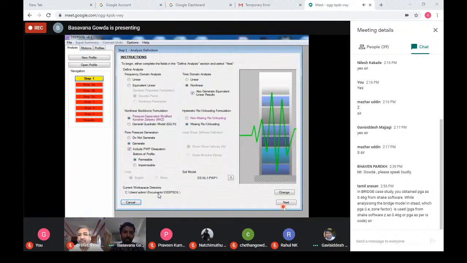So the steps involved here, again, to begin with, since I mentioned it as nonlinear analysis, we will select this option. Also, it will give you the equivalent linear results. If you just click on this, it will give you the equivalent linear analysis results. So since we are discussing the generation of pore water pressure dissipation,